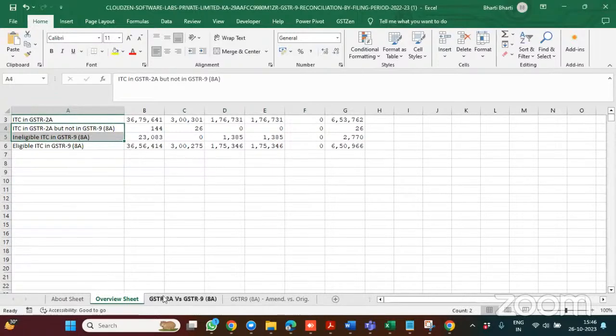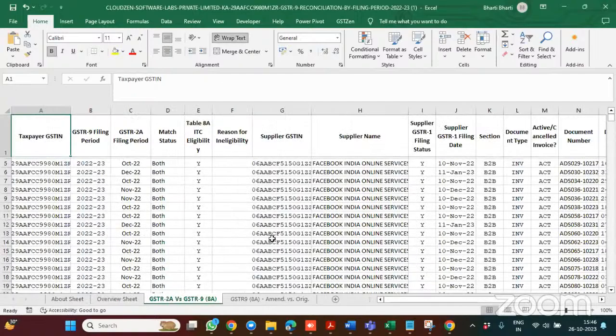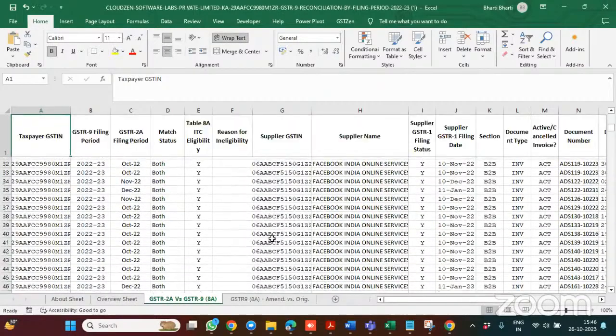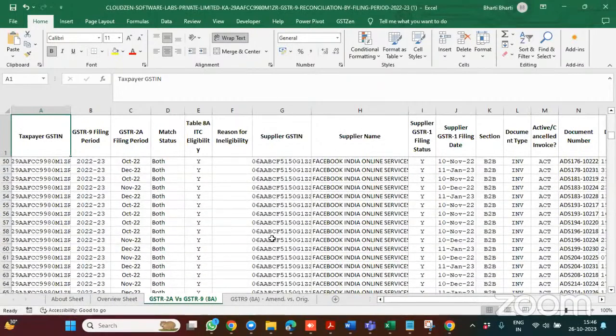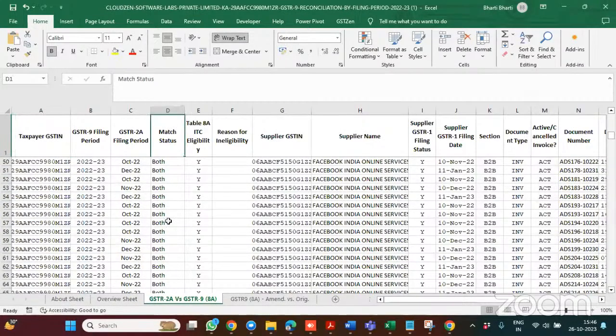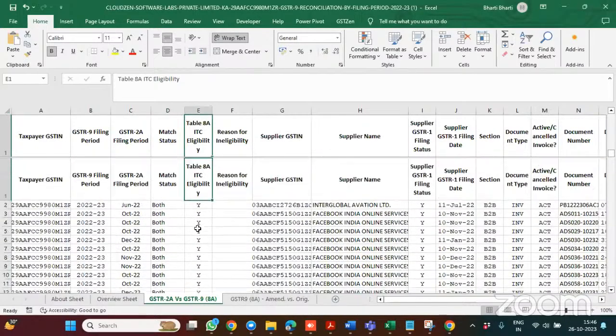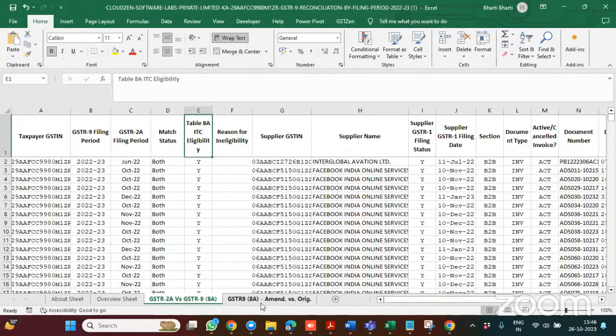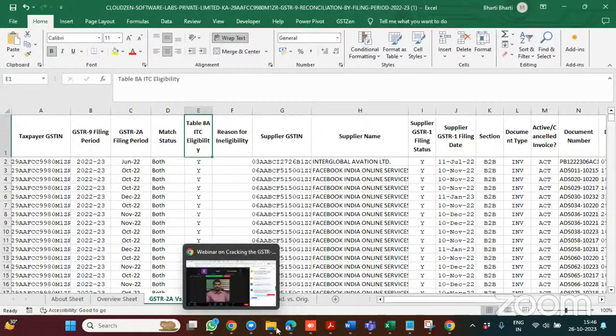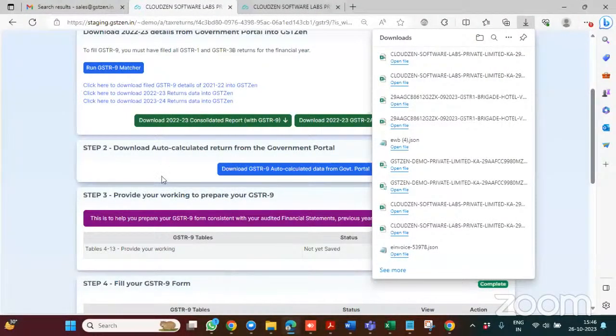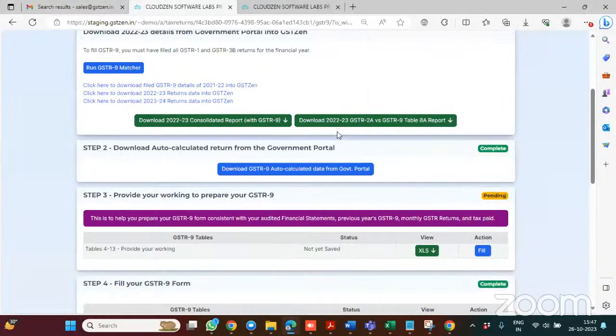So here you'd see invoice level details of your GSTR 9 table 8A and match status, whether it's available in both GSTR 2A and 9. It will also show you the eligibility, whether it's eligible or not, and then you can prepare your GSTR 9. Okay, so going back, we have seen the consolidated report and we have seen the reconciliation of GSTR 9